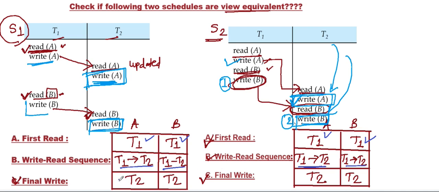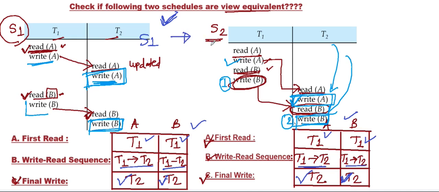In schedule 1, the final write of A is made by T2. In schedule 2 also the final write is made by T2. In schedule 1, the final write of B is made by T2, and yes, in schedule 2 the final write is made by T2. So these combinations are the same, so we can say that these two schedules are view equivalent, or S1 is